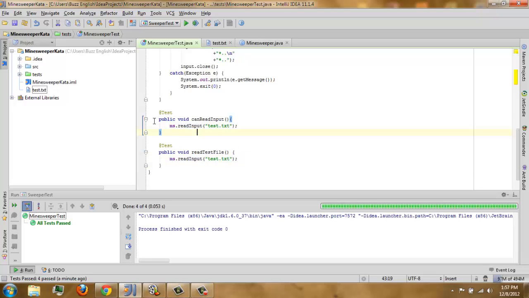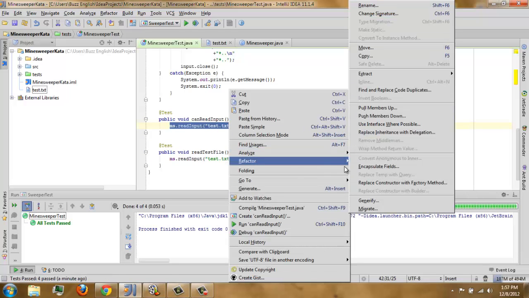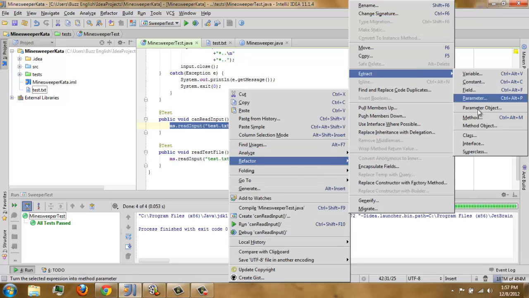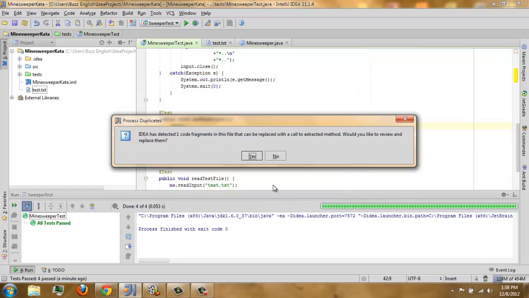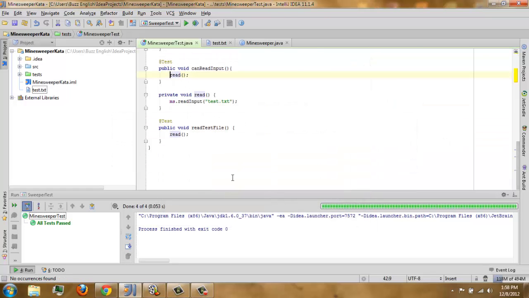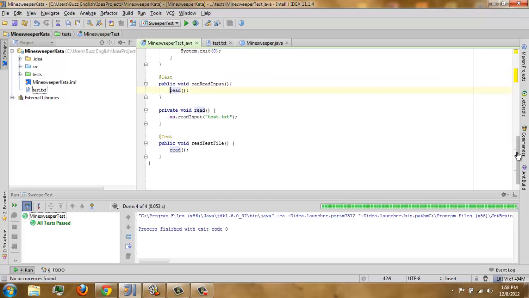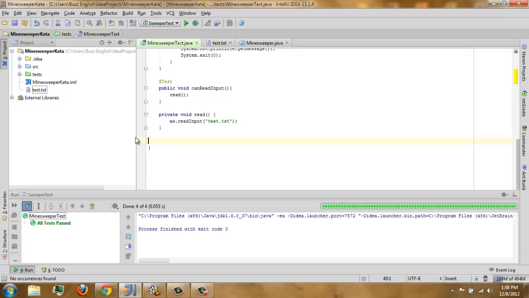So refactor, extract method, and I will just call that simple read. Make this read. I think we don't need this read test file anymore because it's double already.